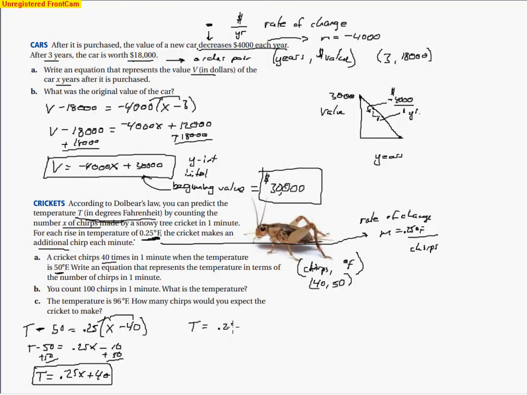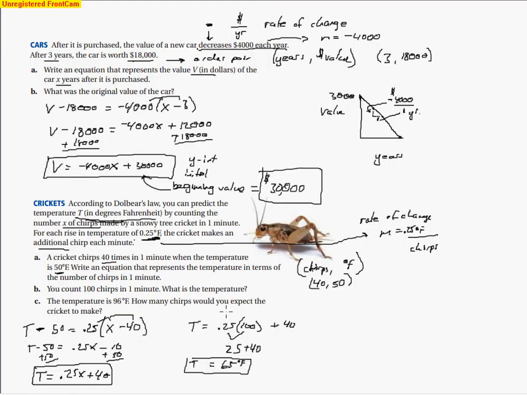So we have 100 chirps. That means the temperature must be increasing if we're getting more chirps. 100 chirps times 0.25, a fourth of 100 is 25, plus 40, and that gives us 65 degrees. So 65 degrees Fahrenheit is the temperature if that one cricket is chirping 100 chirps